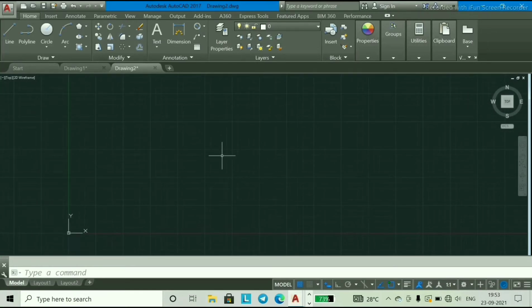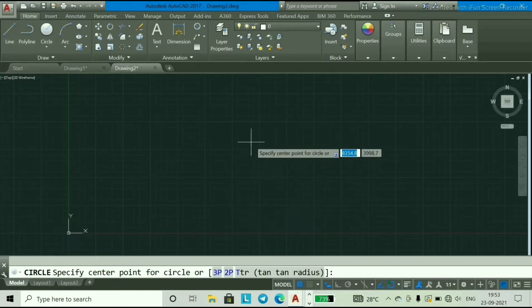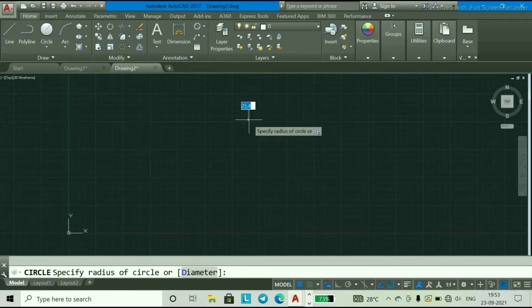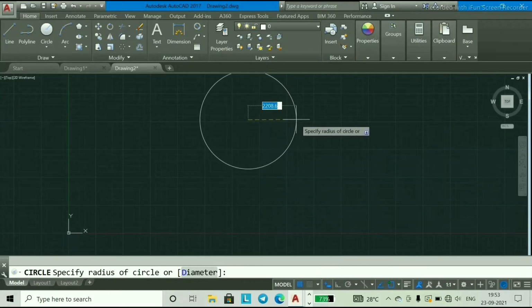Now press C, enter, that is circle. Here it shows in our command bar: specify center point for circle. So I will choose this point, and here it shows the radius, so I will enter R. No, by default R is already selected.